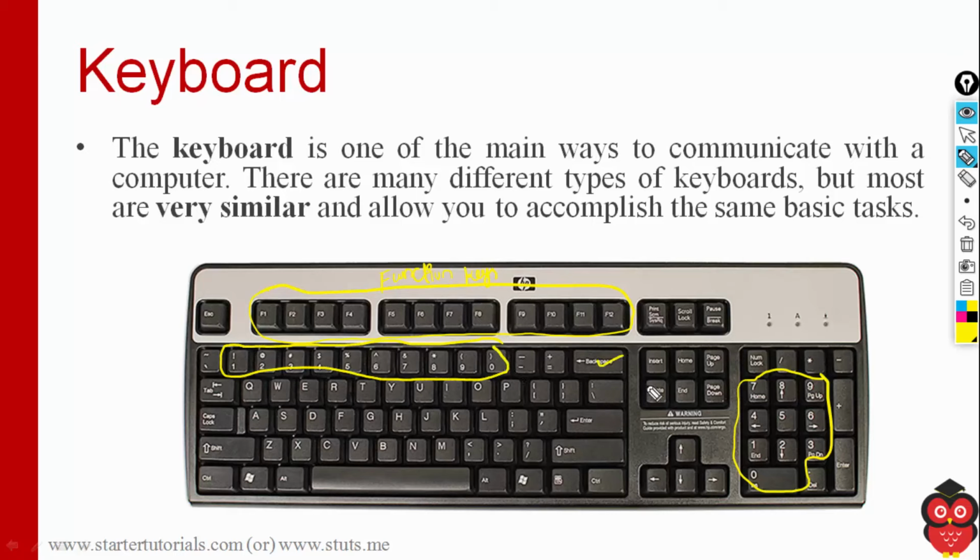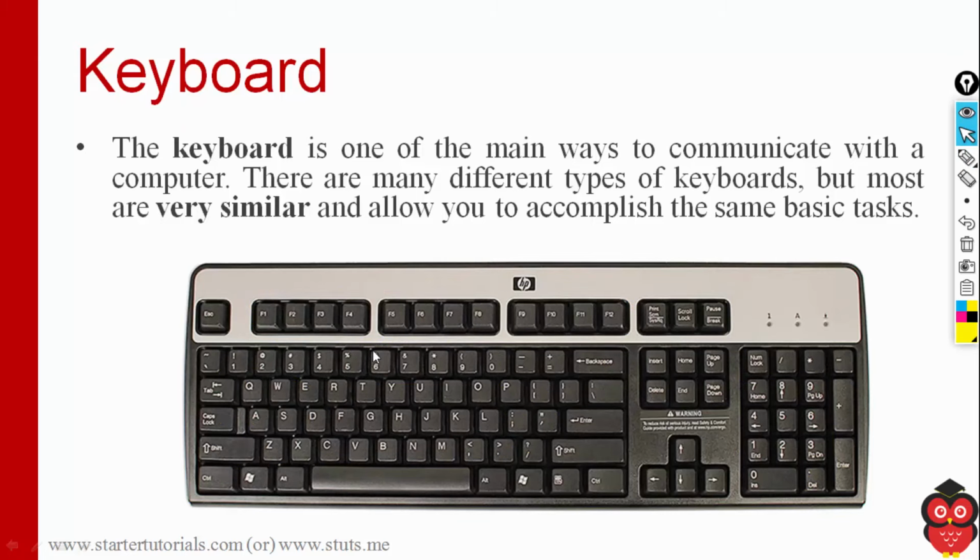We have backspace key, delete key, which are used to remove the items or delete the characters that we have typed. And we have special symbol keys, which are used to type special characters. Of course, we have alphabet keys from A to Z. If you want capital letters, you can use caps lock, and the shift, control, alt keys are called control keys. Alt, control, shift, these are called control keys. They are used for special purposes. So that is about keyboard.